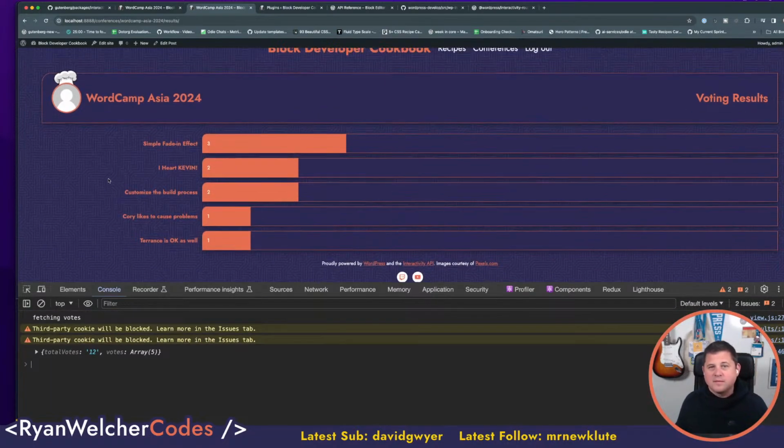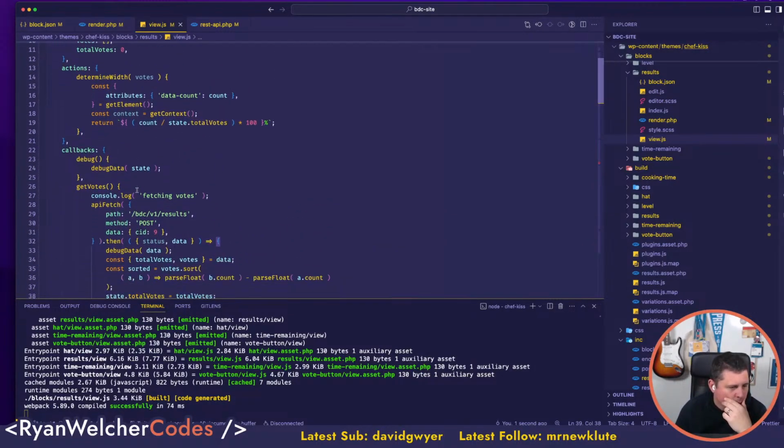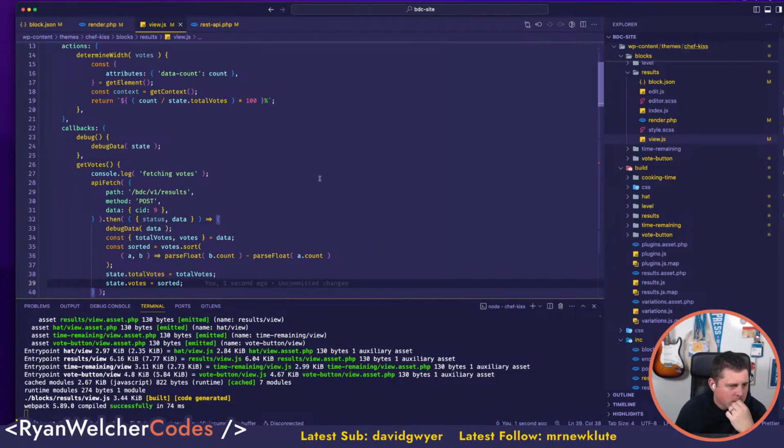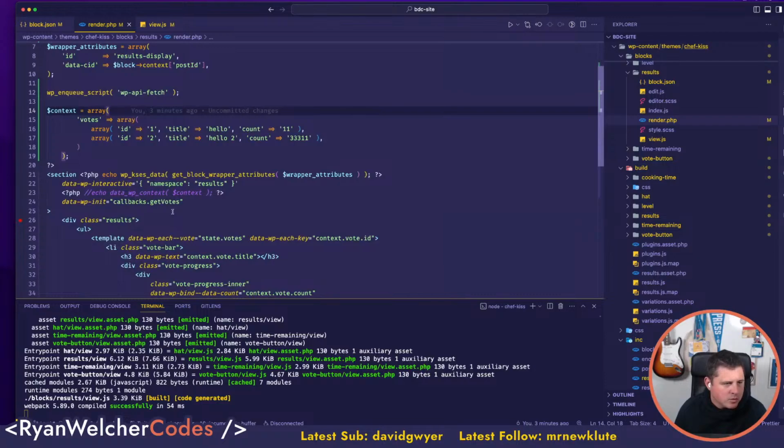There we go. Great success. So this is working. The only thing it's not doing now is refreshing. Okay, so that's it. We got our get votes. We got our debug, which I don't really need anymore. Now the next thing I need to do is